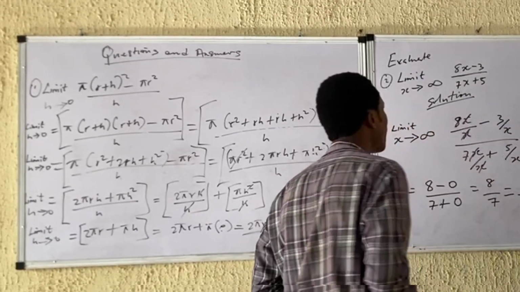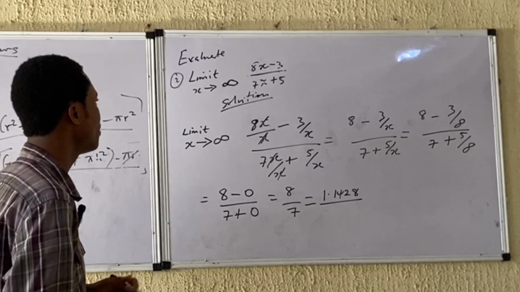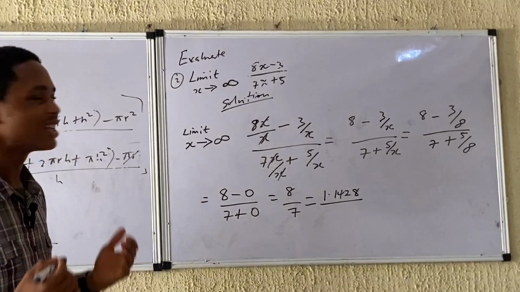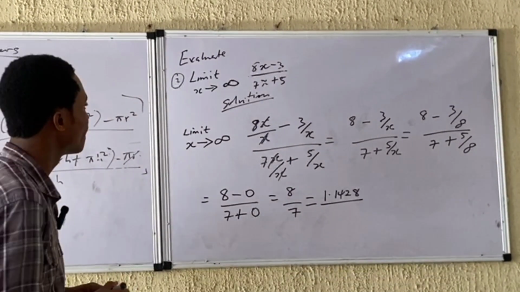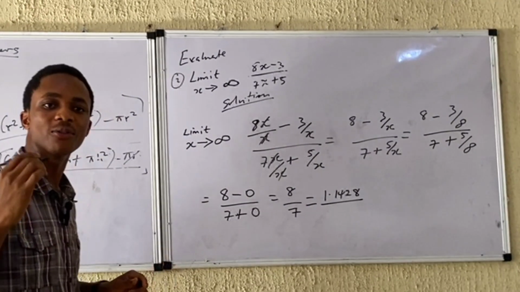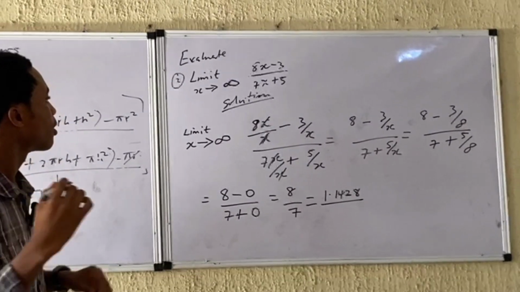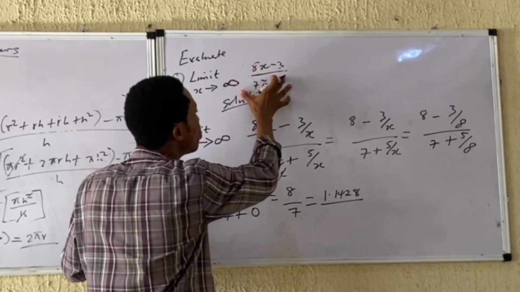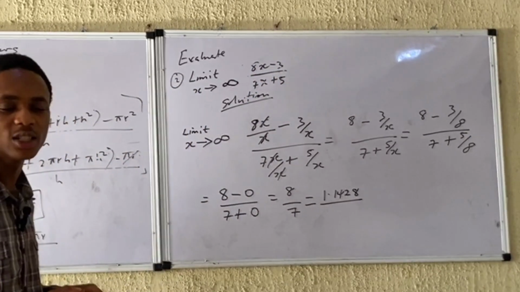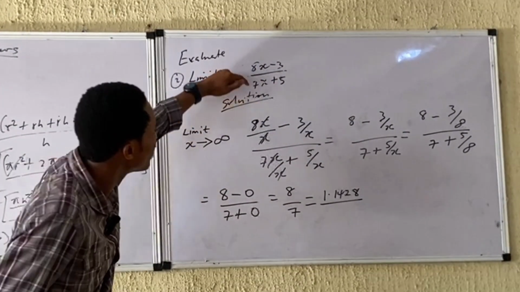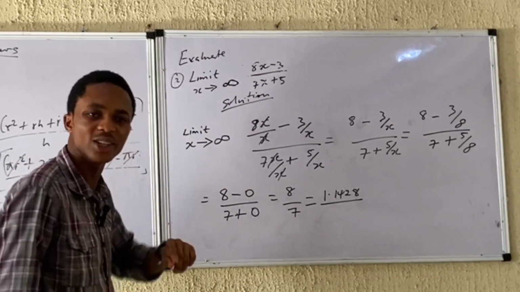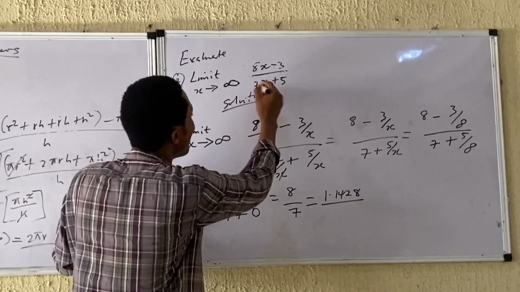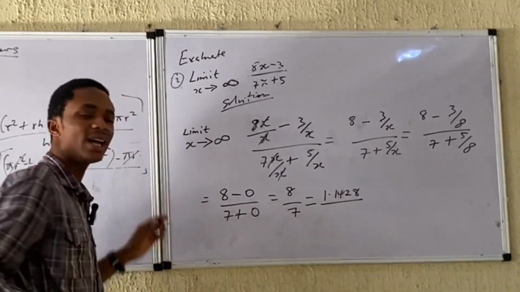Now question 2. Evaluate limit as x leads to infinity. Questions like this, there are rules in which we solve them. Limit as x leads to infinity. Now, according to the rule of limits as x leads to infinity, we divide this question by the highest power of x at the denominator. Now, the highest power of x at the denominator is x raised to the power 1. Now, we divide through by x. Limit as x leads to infinity,